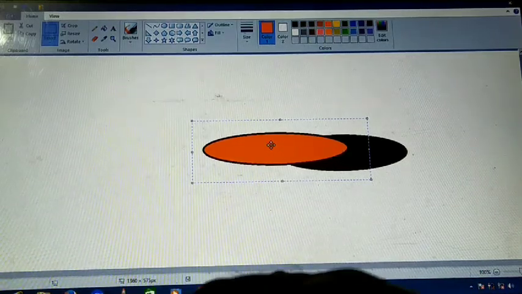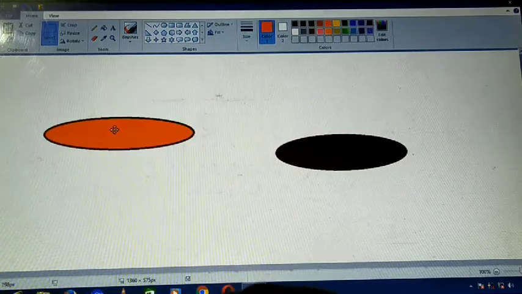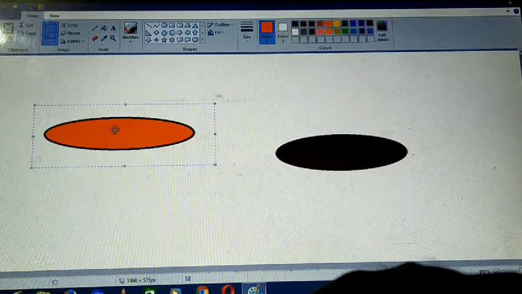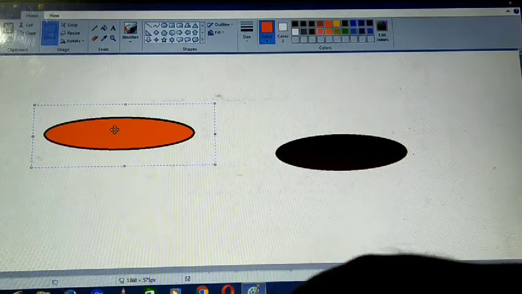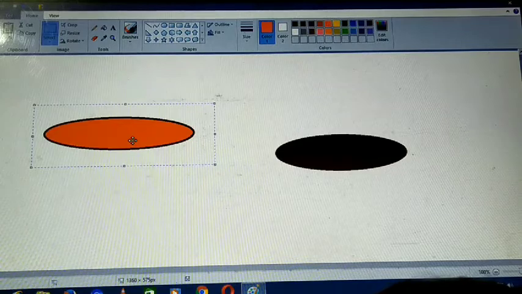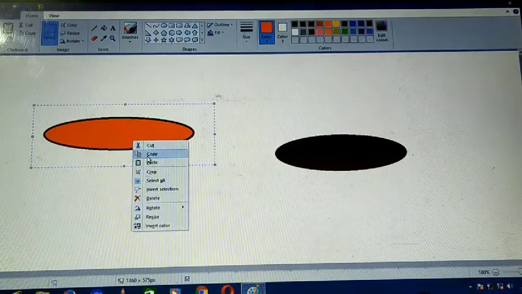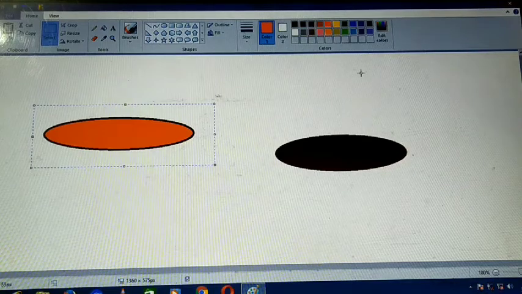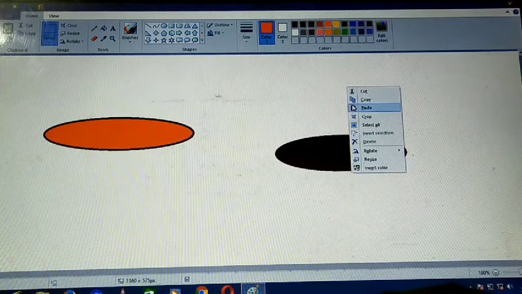Now the other way is copying. Copy means it will remain here also, and it will remain there too, meaning duplication, that is known as copying. So I have selected this object, right click, and the copy option is there. Now you go anywhere in the drawing area, right click and paste.